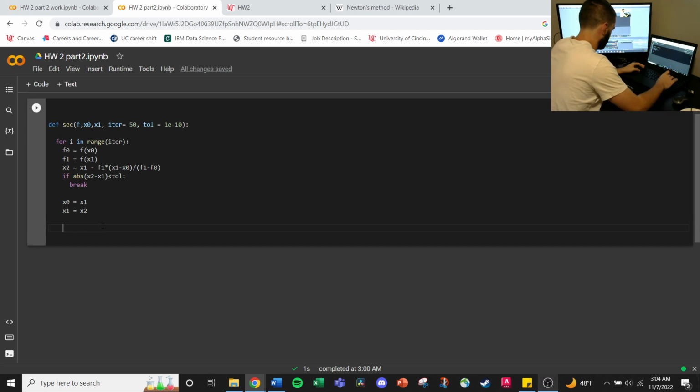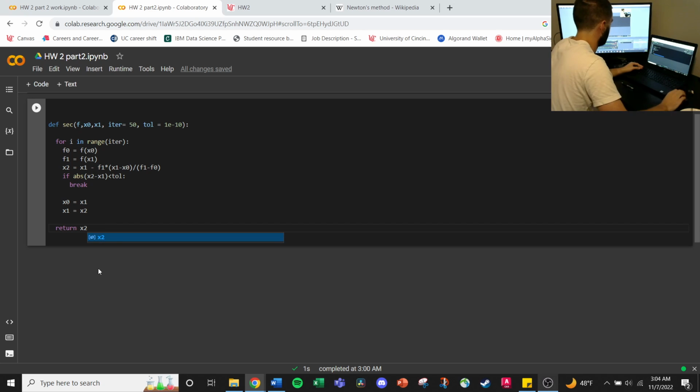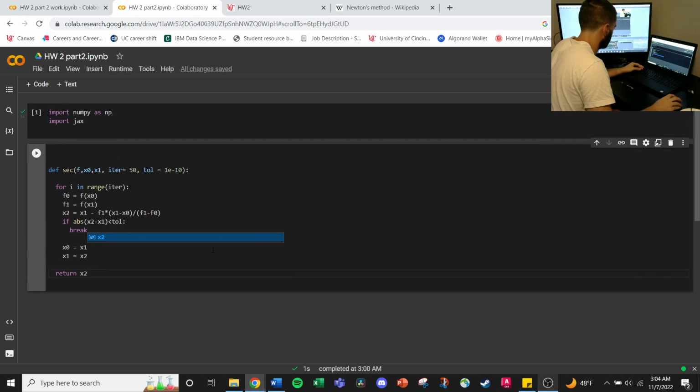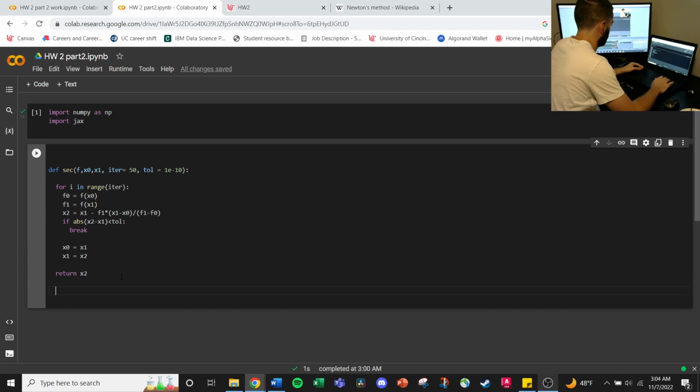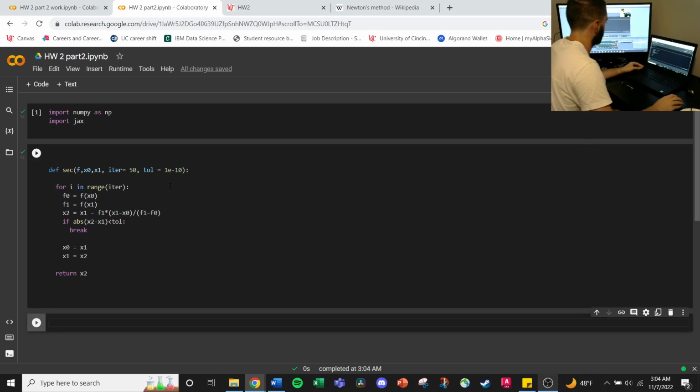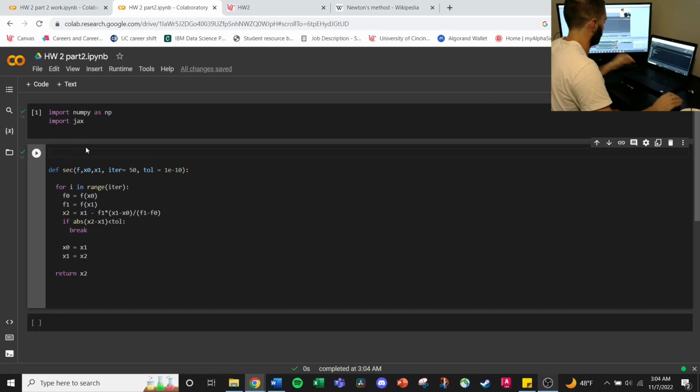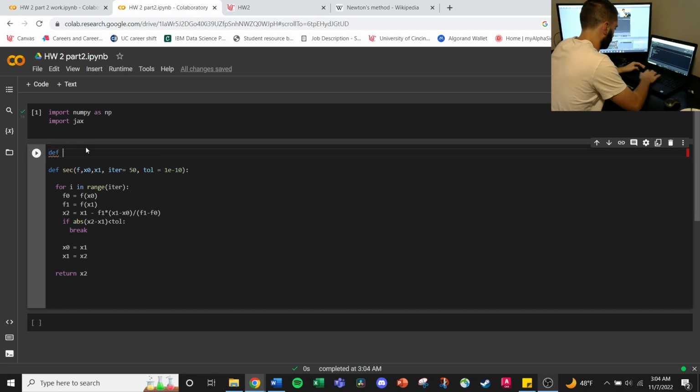And then we're going to want to return x2 from our secant function. And this is going to be our root when our function converges. So return x2. Run that, looks good. Alright, so now we're going to define an actual function, so we'll just call this f